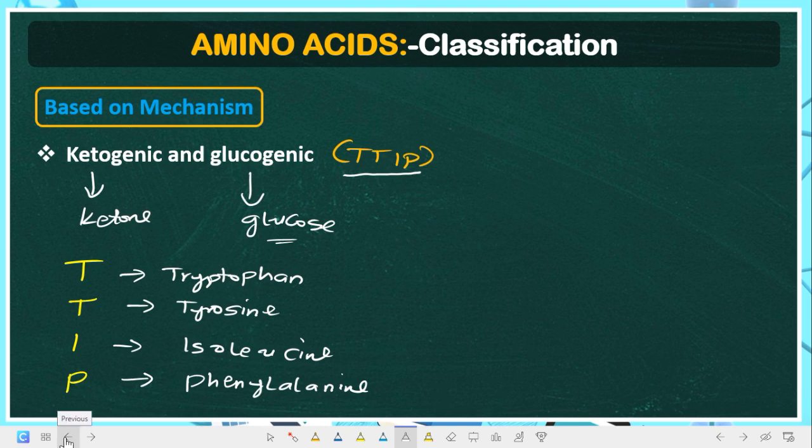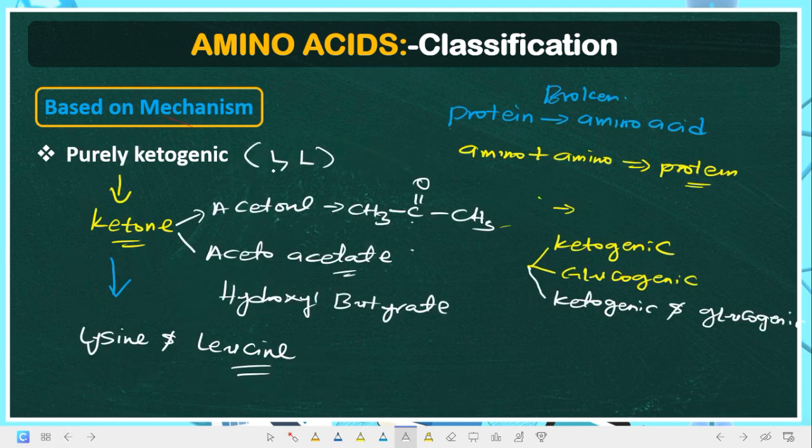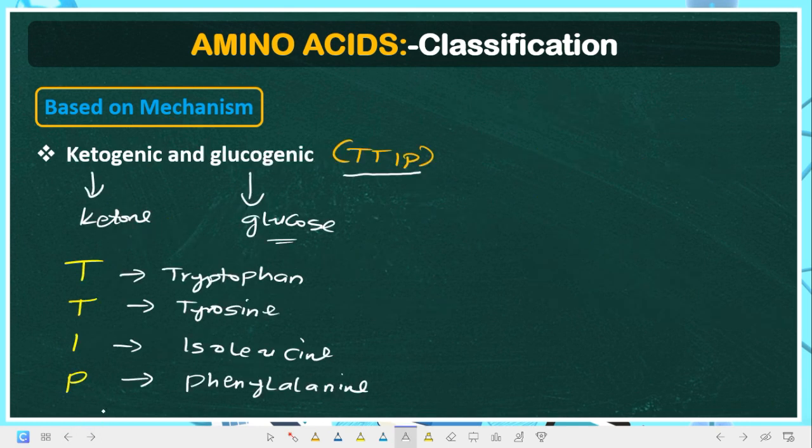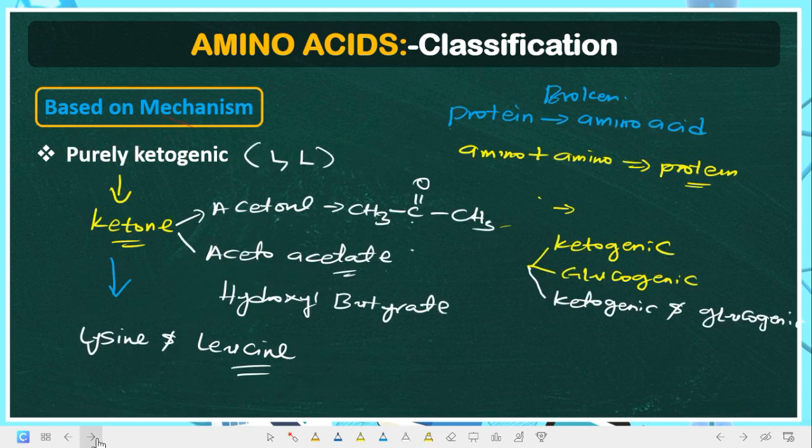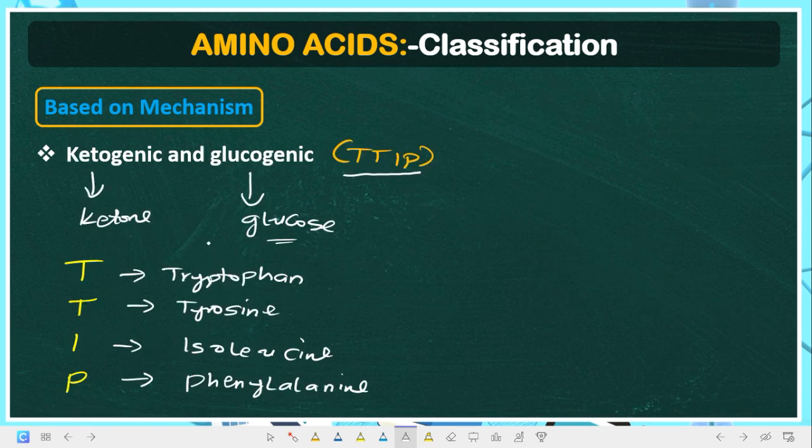Now, the first one we said ketogenic is LL. After K, you get to L. Leucine and lysine. Then both ketogenic and glucogenic. Note, I didn't go to glucogenic now. I went from ketogenic to both ketogenic and glucogenic. Is the fact clear? We went from ketogenic to both ketogenic and glucogenic so that you will not muddle up